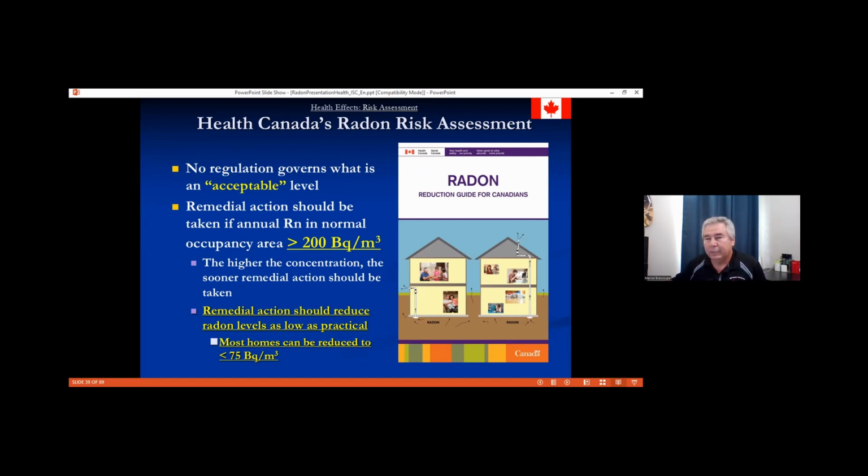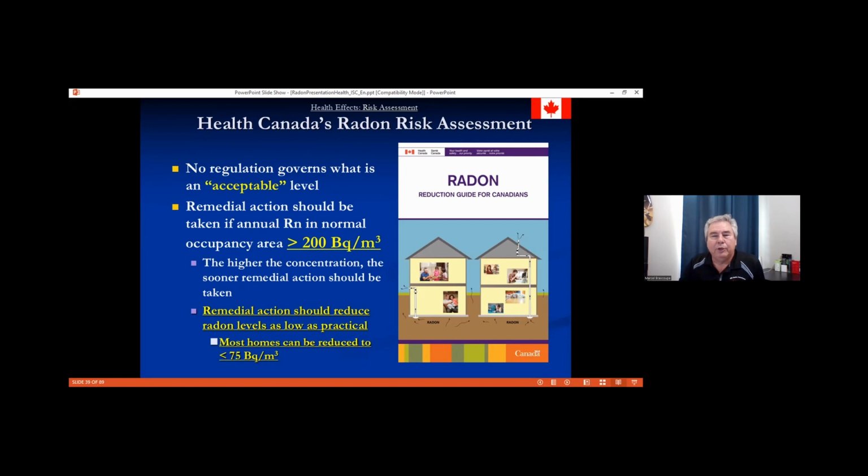So I measured the 10 feet by 15 by 8 feet high ceiling. What I did is I converted to meters instead of doing it in feet. So rounding it off, 3 meters times 4 meters times 2.4 meters high, we get 28.8 cubic meters of air. And why am I using cubic meter? Because the actual level set by Health Canada is 200 becquerels per cubic meter.